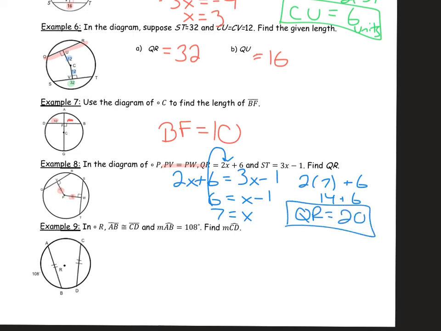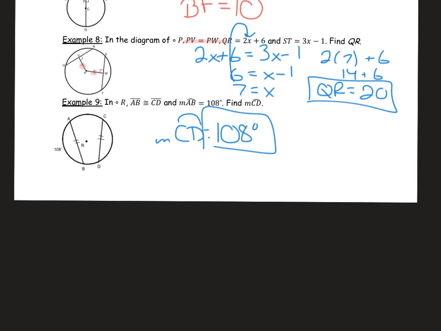All right, example 9 says in circle R, AB is congruent to CD. Again, that is marked on there for us. And they're telling us that the measure of arc AB is 108 degrees, and they want you to find the measure of arc CD. So this one is a throwback from yesterday. Remember, if the chords are congruent, then the arcs that they form are also congruent. So the measure of arc CD would also have to equal 108. All right. Lastly,